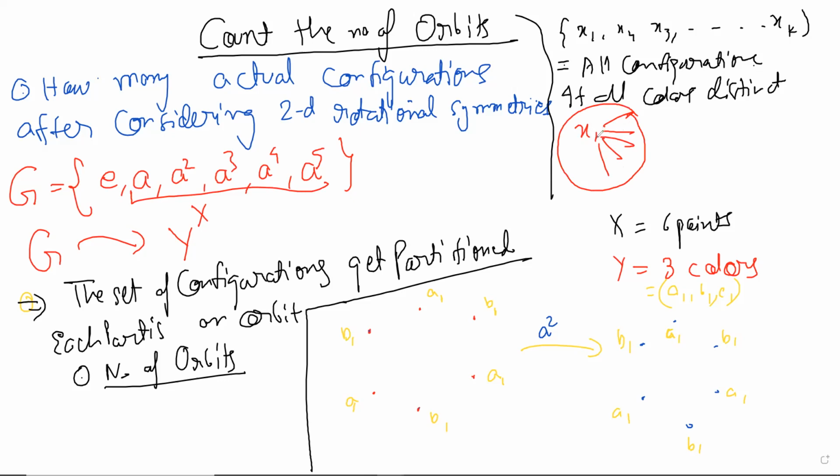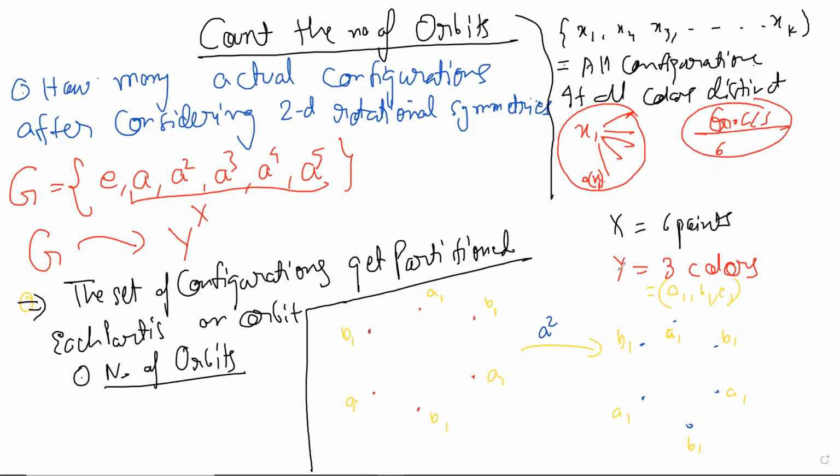When I say orbit of x1, if x1 is mapped to a times x1 by applying a, then from there, if you apply a inverse, you can go back to x1. So that orbit is good. Its size is 6, and each orbit has fixed size. Since each orbit has size 6, whatever your gross answer was, depending on the number of colors and so on, you can divide that by 6. That would be your answer.